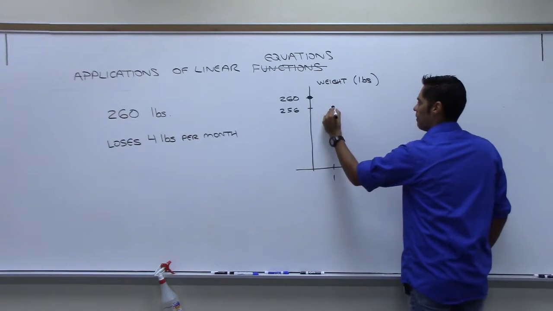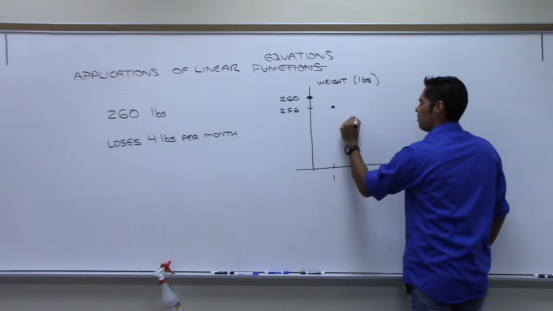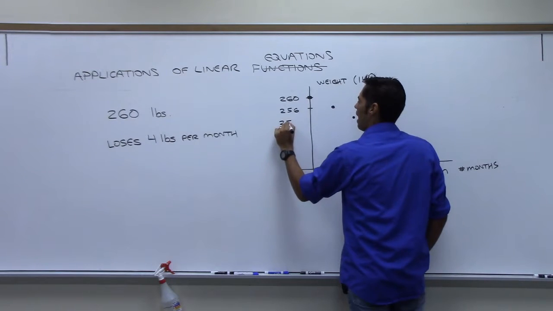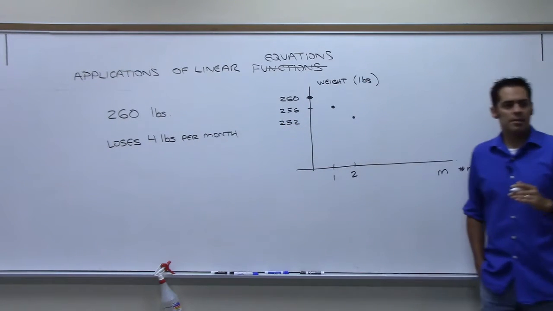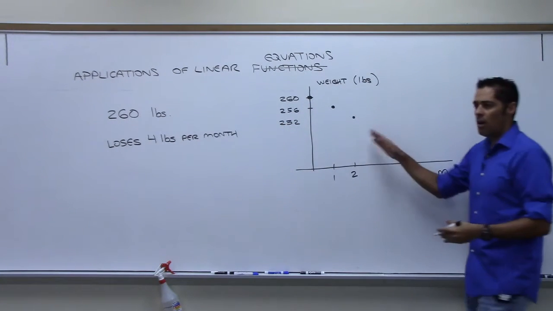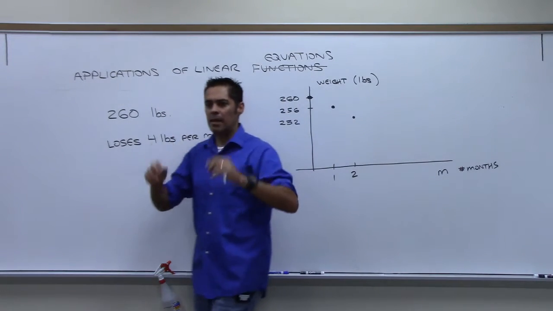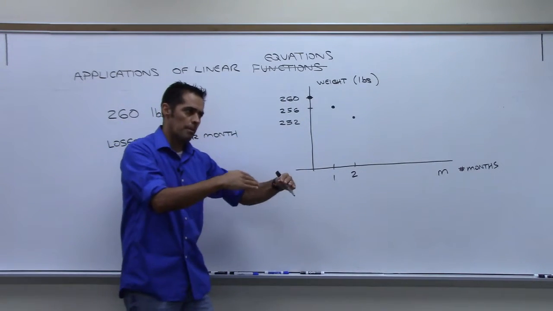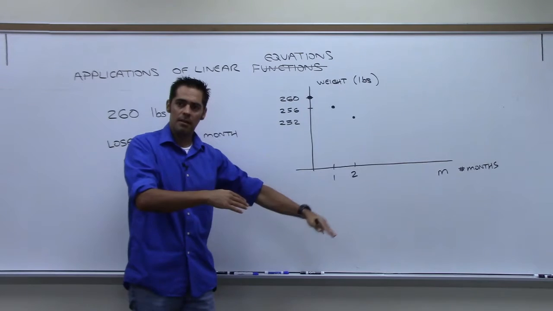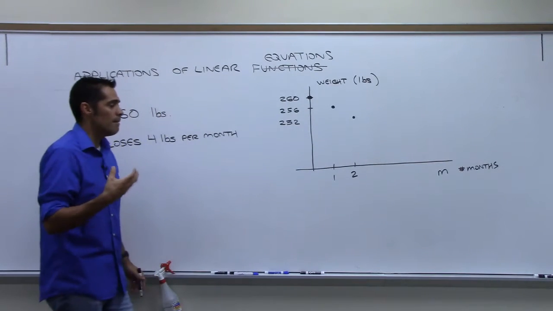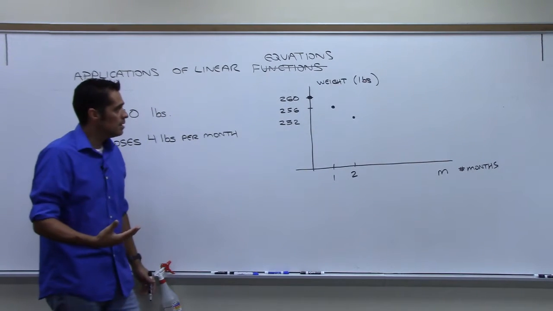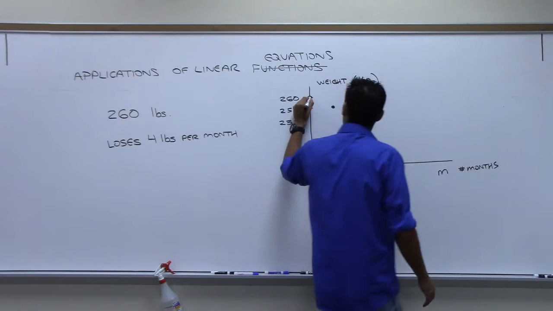So he would be at what? 252. And what we have here is the assumption that the weight loss is linear, meaning every month it's always 4 pounds, 4 pounds, 4 pounds, 4 pounds, right? The assumption here is that we are going to model this using a line. So we could connect these together,